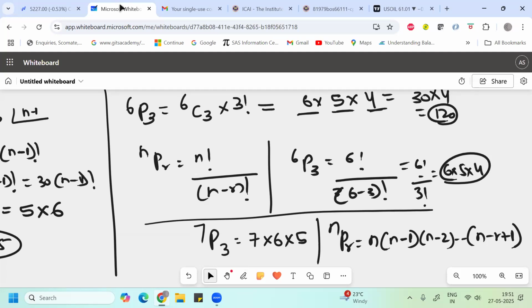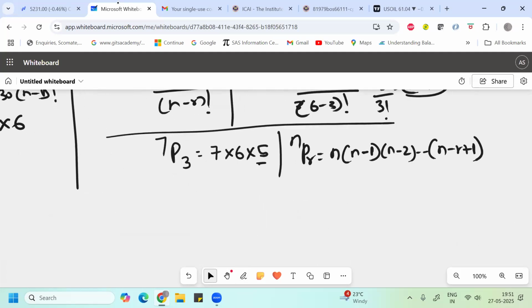So you have to fill in 5 places. This is the way you need to do it. Here, when I ask you 7p3, 7 minus 3 is 4, 4 plus 1 is 5. So you write till 5. Okay, so imagine if I ask you